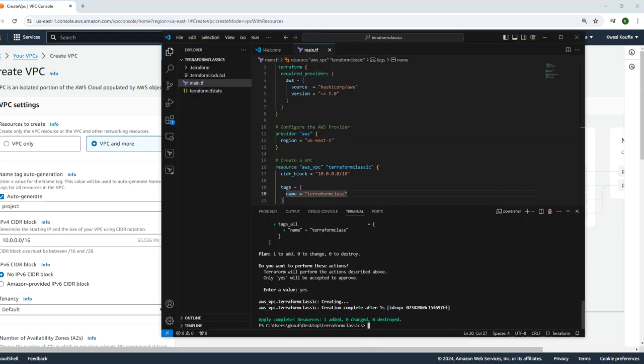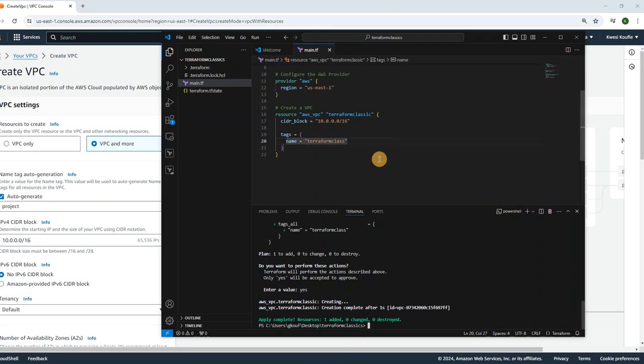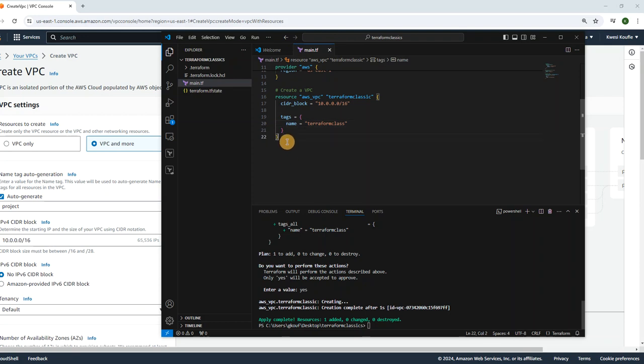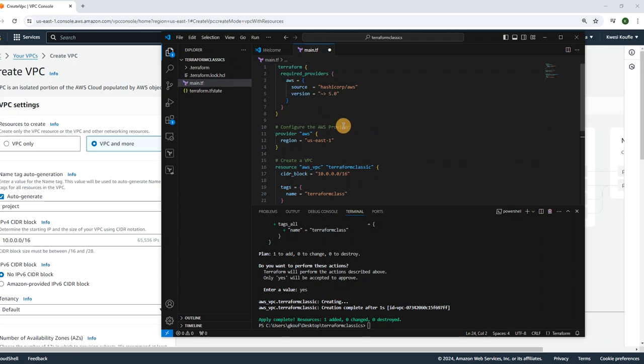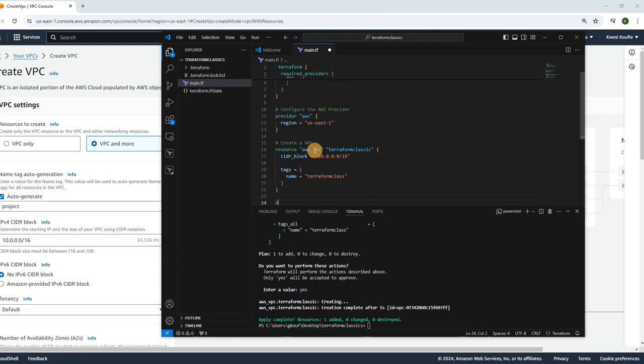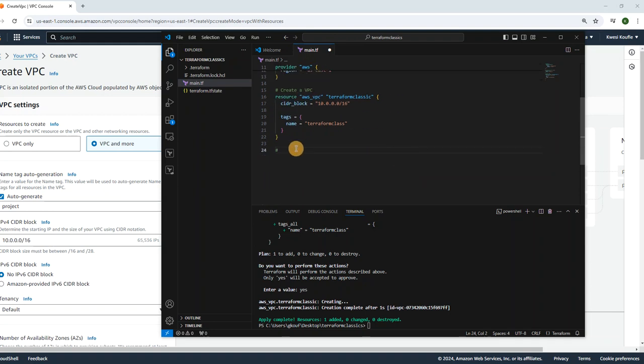So when it comes to Terraform and all the other coding in VS Code, Visual Studio Code, commenting is very important. Just like we have over here, we always use the hashtag to comment. So here, create a VPC. We're just going to comment